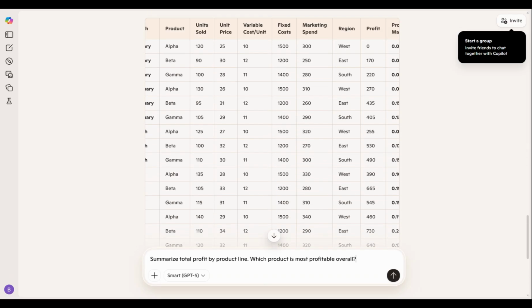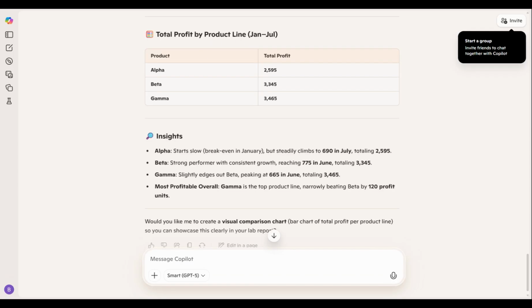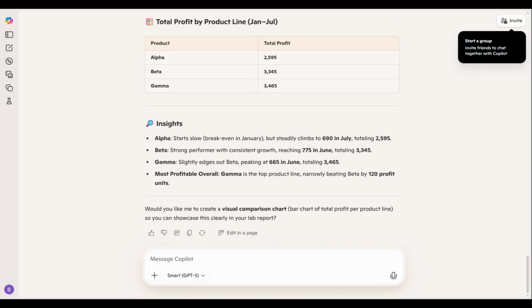Now we're going to ask it to summarize total profit by product line, and which product is most profitable overall. So total profit by product line between January and July. Alpha starts slow, breaks even in January, but climbs to $6.90 in July, totaling $25.95. Beta is a strong performer with consistent growth, reaching $7.75 in June, totaling $33.45. Gamma slightly edges out Beta, peaking at $6.65 in June, with the highest total of $34.65. Gamma is definitely the most profitable overall between the three, and it beats Beta, which was in second, by 120